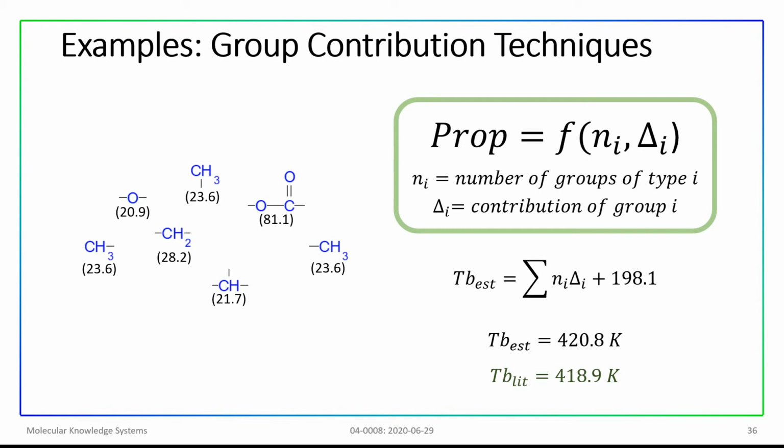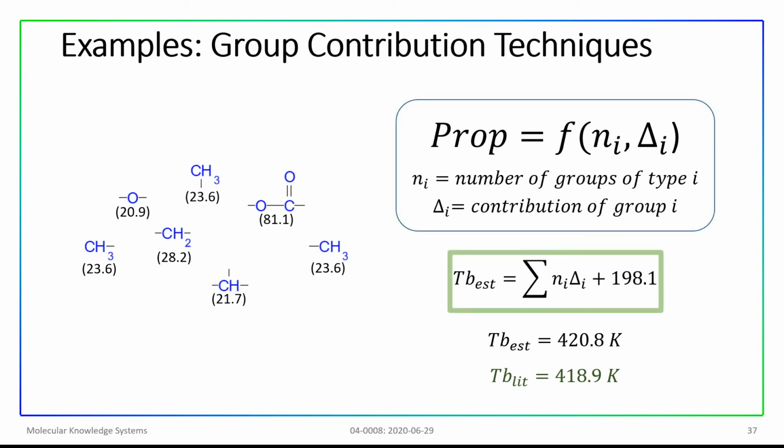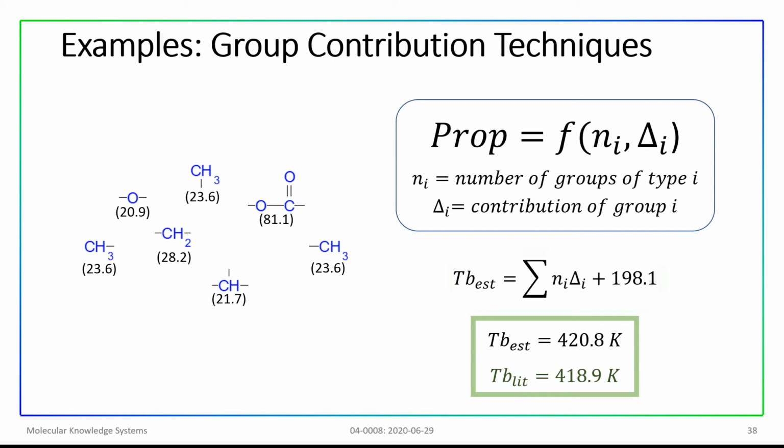Other techniques use complicated equations, accounting for all interaction between groups. Joback's method uses a simple linear summation, so once we have the contributions for the groups contained in our new chemical, we simply add them together and insert them into this equation. For this example, we obtain an estimate of 420.8 K, which is in very good agreement with the literature value